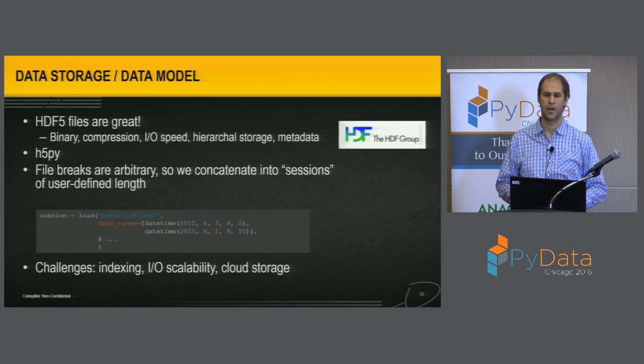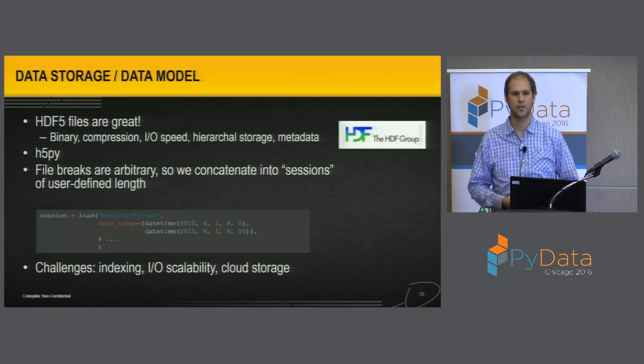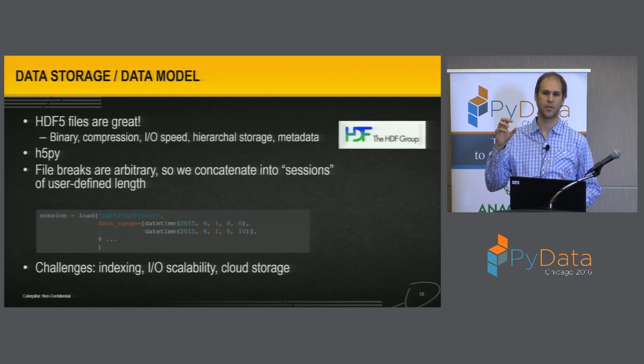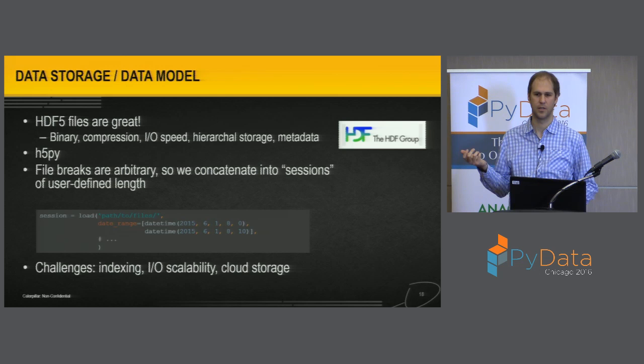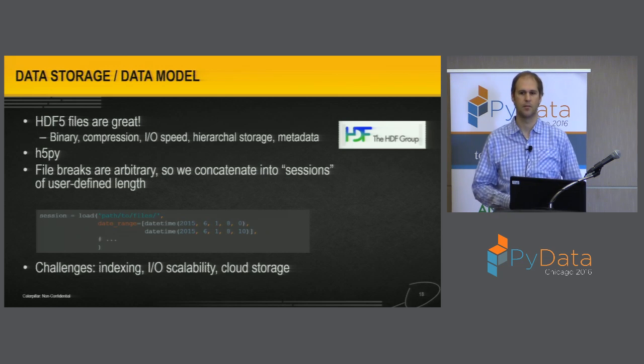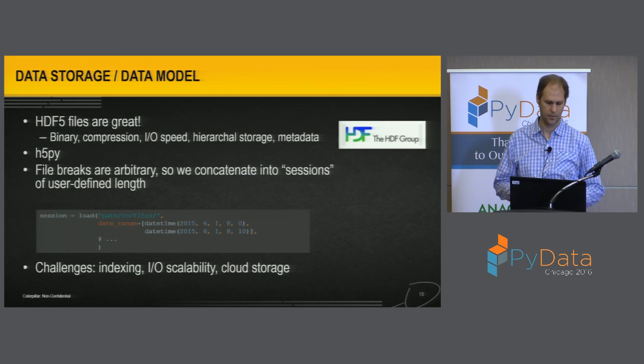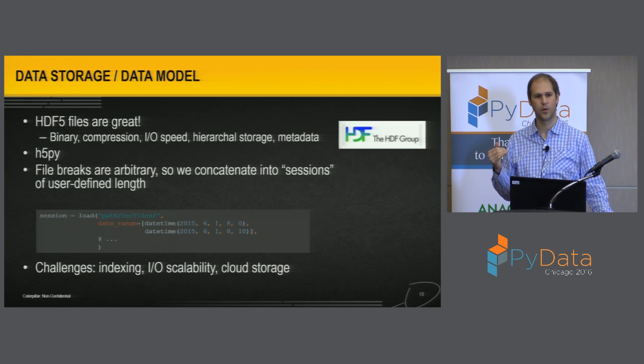For our data, it saves 90% of the data on disk, and then it actually reads off a disk faster because you read the compressed chunk, and then your CPU, which is faster than disk, can decompress that in memory faster than you could read the raw data. So HDF5 is great. It also provides a hierarchical storage model, so we can actually store things at different places within the data,